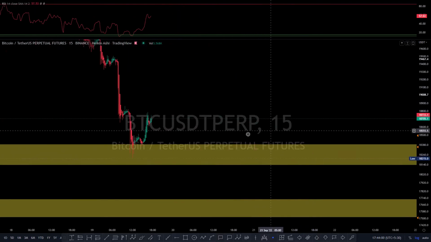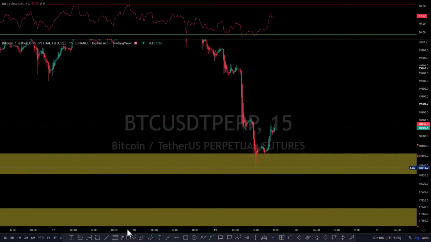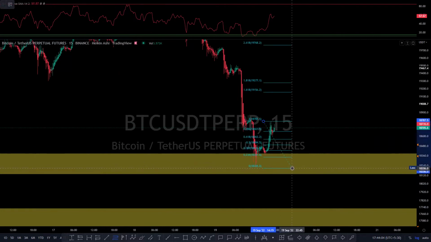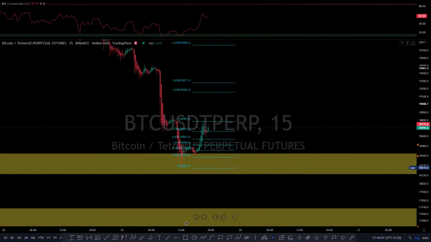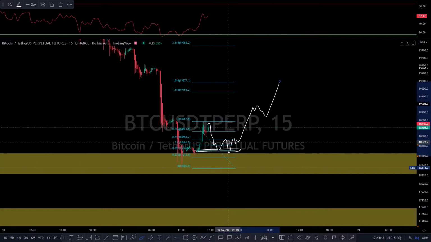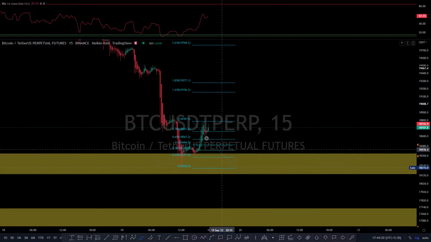There is nothing wrong or untechnical about this pattern. So few things I'll be looking at guys is like this. If I draw my Fibonacci over here, I would expect price to at least come back and test this whole area again. Okay, this will be a good sign. If we see some reaction over here, this will be a good sign to hold the long. Okay, this will be my first scenario.